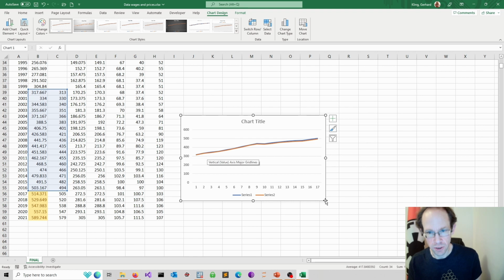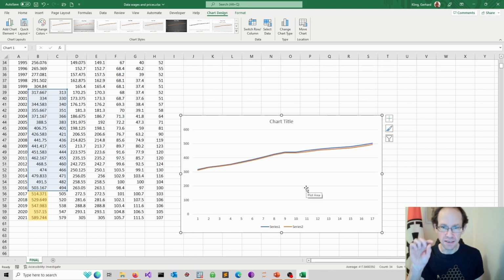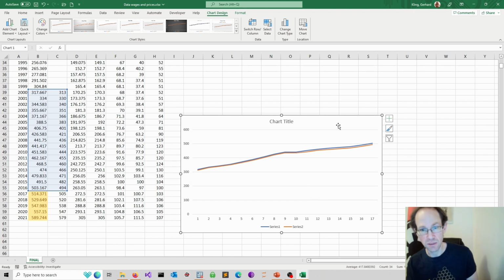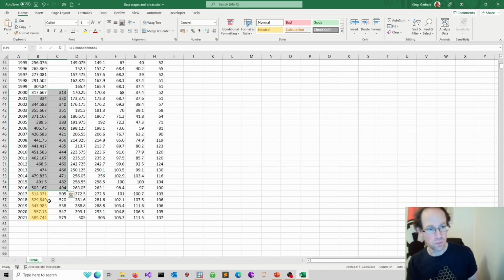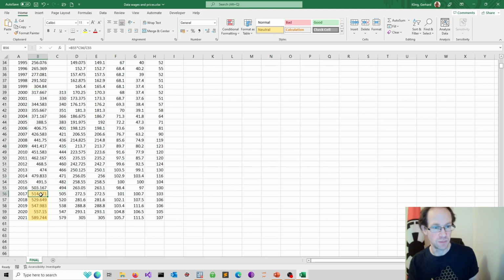It's very close, one has to argue, but there is a tiny bit of a gap, and there are various reasons for that. One reason could be that it might be indexed at a different point in time. So there are lots of reasons why time series don't 100% match. Now, what can you do in this case? How can you use the information provided by the ONS to forecast your original time series?